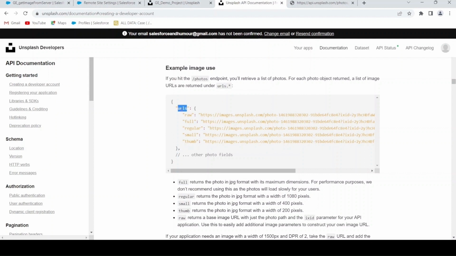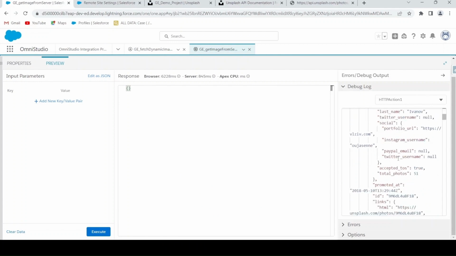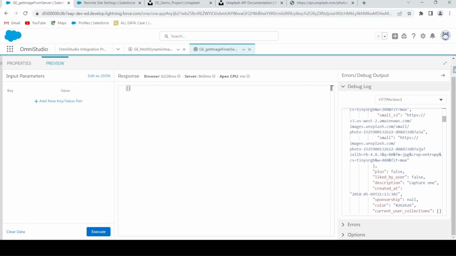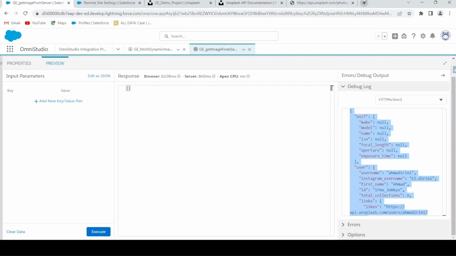So we have to reach this particular node. Now let me go back to our IP preview. And if you see the output of this HTTP action 1, there are many nodes, so it's hard to find things here. So what I will do is copy this entire content from here and paste it